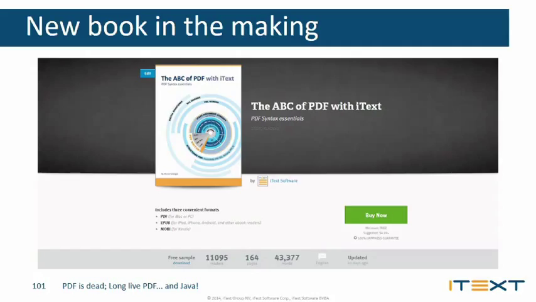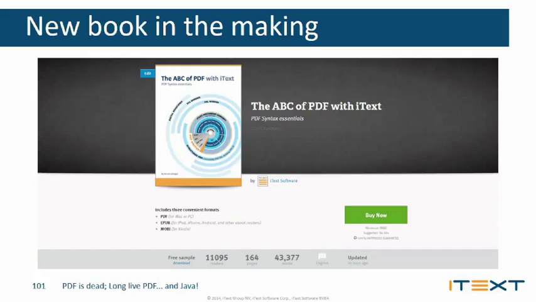If you register, then every time I have finished a new chapter, I can make a new version, and then I can hit a button so that you are informed by mail that there's a new version available. So the ABC of PDF with iText is the first new book I'm writing. It's a simpler way to read the PDF specification.